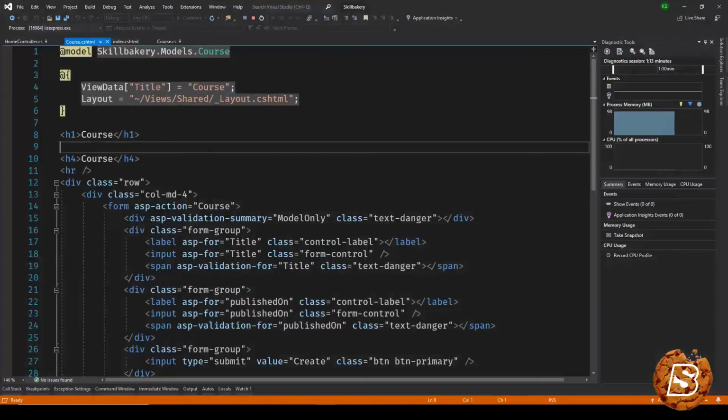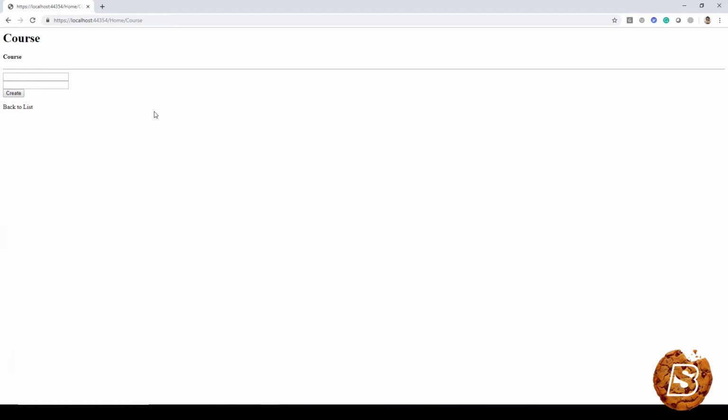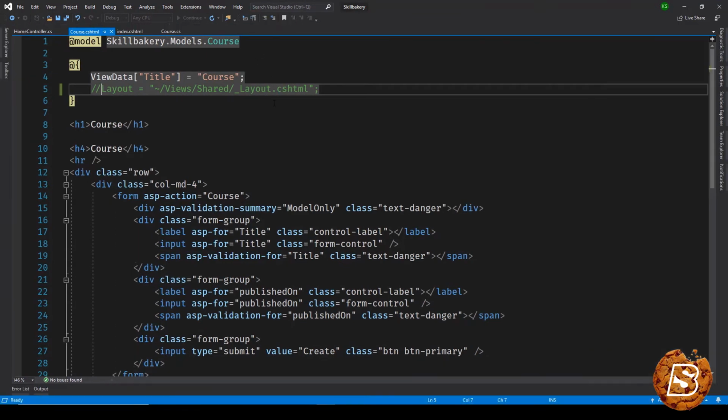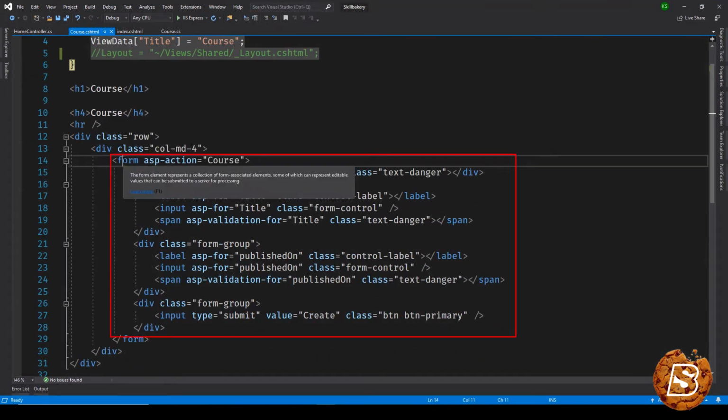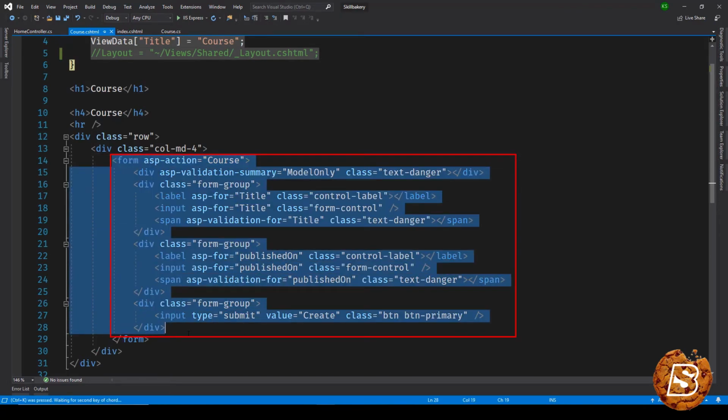So let's comment this for now, reload this, and here you can see course is the heading over here, and then we have these two. But the form that has been generated using Visual Studio is not very informative and intuitive. So what needs to be done over here is we need to take another approach. Now here what I'm going to do is, instead of this form that has been created by Visual Studio, I'll be commenting this,